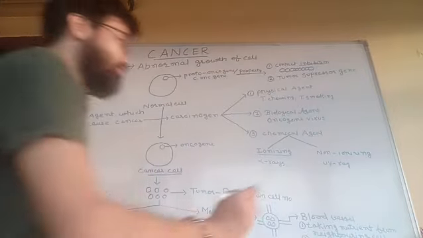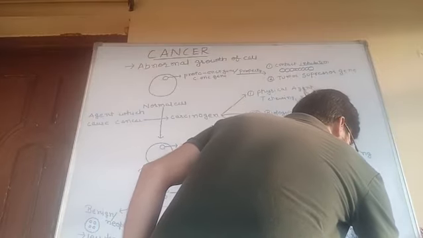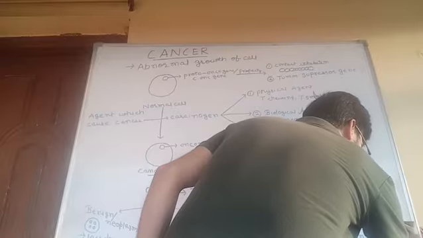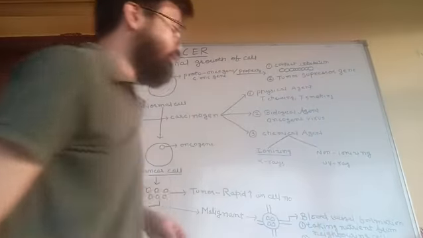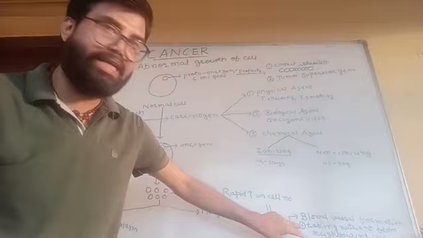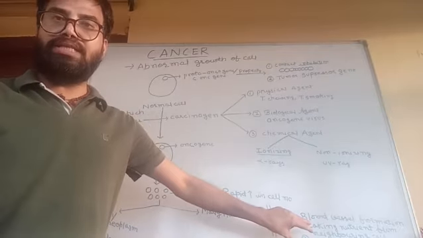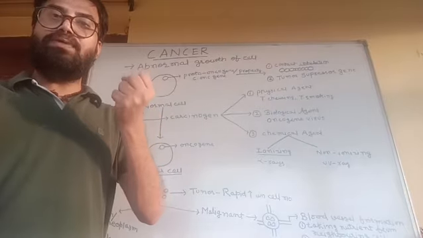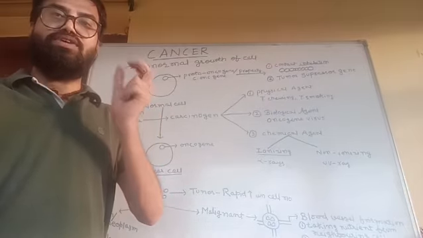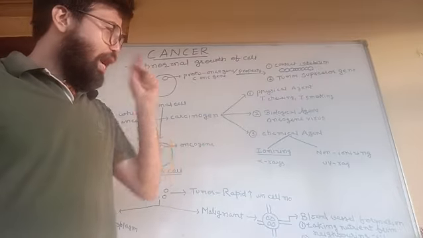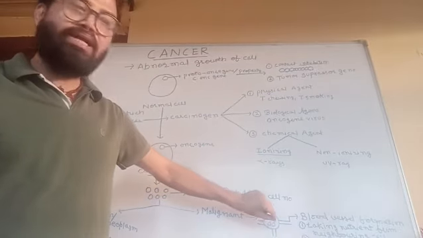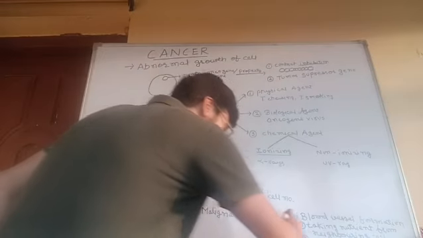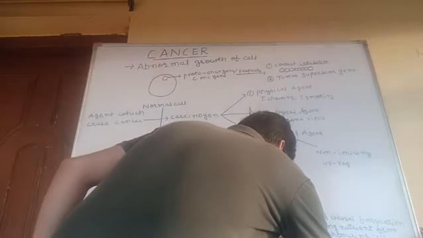Blood vessels formation occurs here. Because of the formation of these blood vessels, they help in taking nutrient from the neighboring cell, and when they snatch the nutrient from the neighboring cell, then the neighboring cell will die due to the starvation. Clear? After that, what will happen? It will help in releasing angiogenic factor.